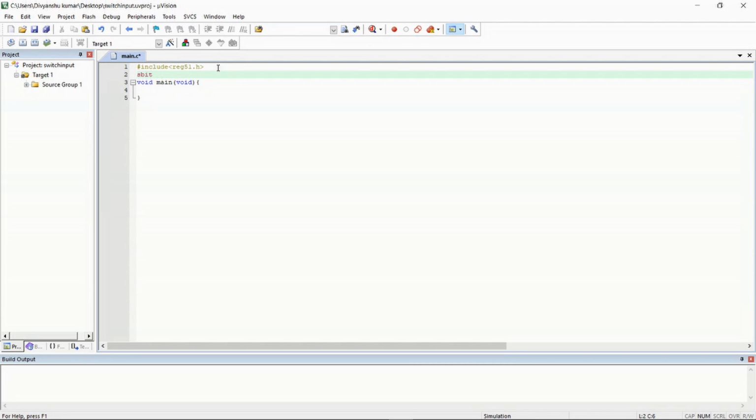Let us say we are using pin 1 as input 1, so switch 1 equals port 1 pin 0, which is the first pin of our microcontroller, and let us set another pin which will be our output, which will be the pin adjacent to it, which is pin 1 of port 1.